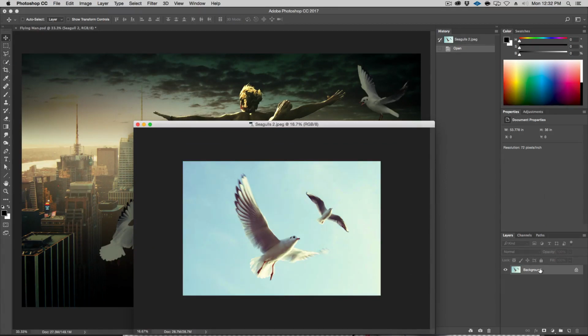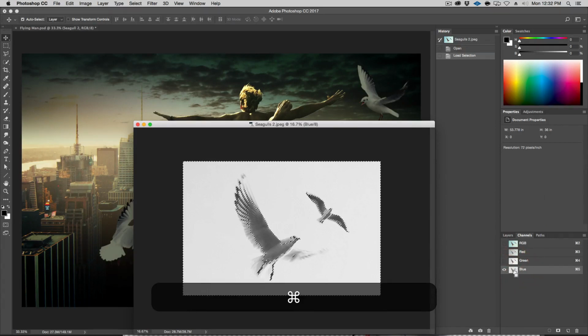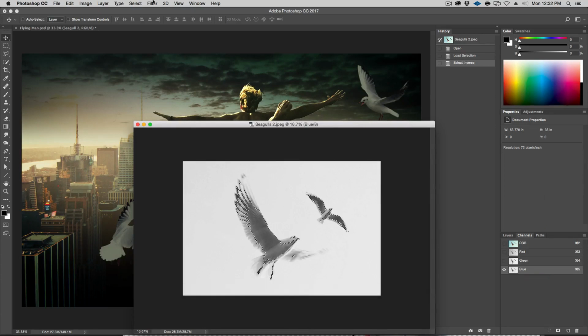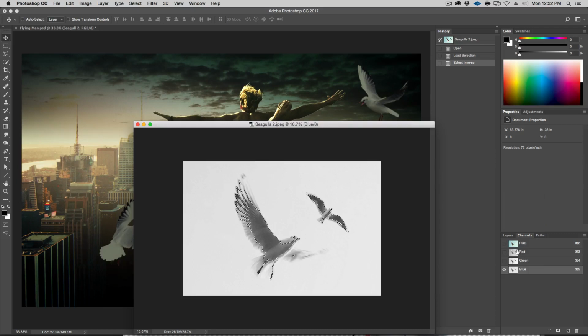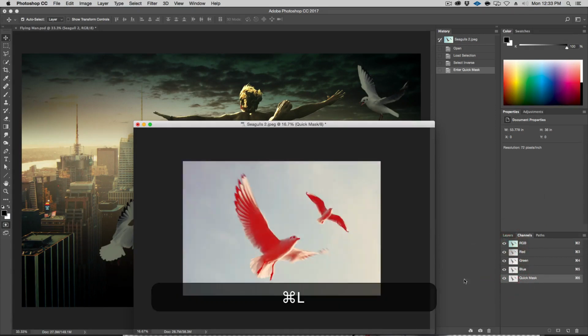So I could see maybe doing an outline using the channels might actually be more productive in this case. So this blue channel is pretty good. Let's try that. So you command click on the blue. All right. It's inverted, so hit Command Shift I. All right. So that means select inverse selection. So instead of it being the outside, it's now the inside. And then let's go to Quick Mask and edit this mask. I'm going to hide the blue, or show it like this. Hit Command L.